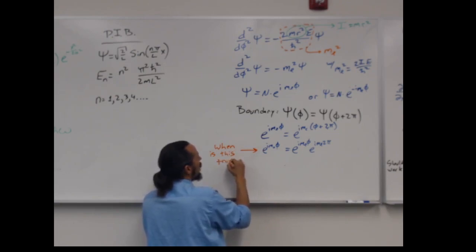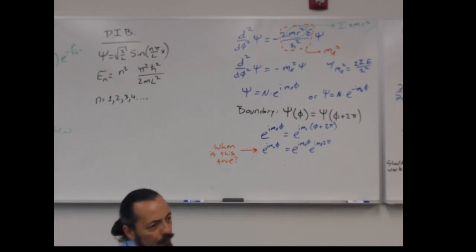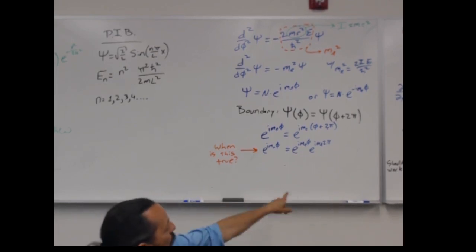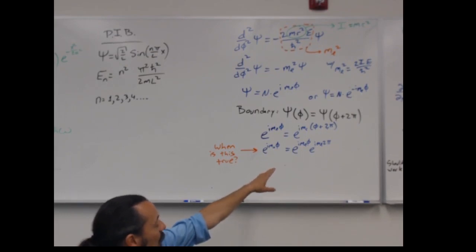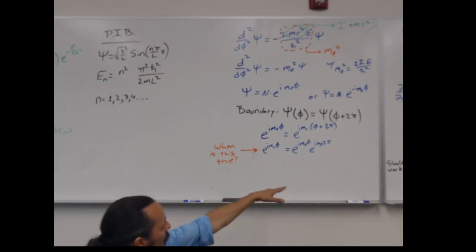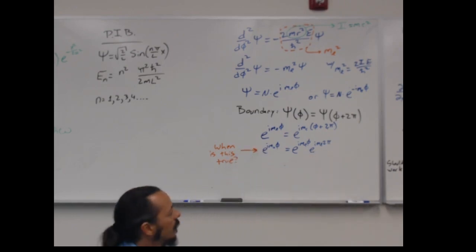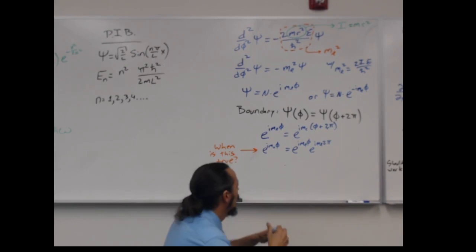kind of the same thing we saw when we were looking at particle in a box. We're just like, okay, when is this true? Just like we asked when is sine of n pi 0? When is e to the I m l 2 pi just equal to 1? Because I don't want a sign flip, I don't want anything like that. It turns out, though, with this function, m sub l, for this to be true,